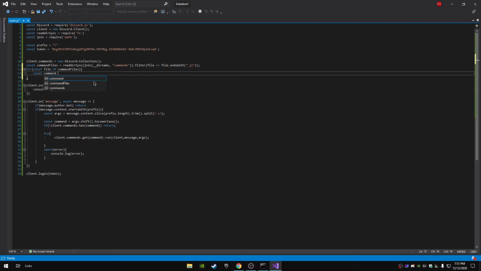Const command is equal to require join, dirname, comma commands, comma, and these special characters, which you can find above your tab key,